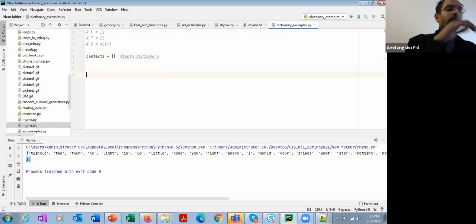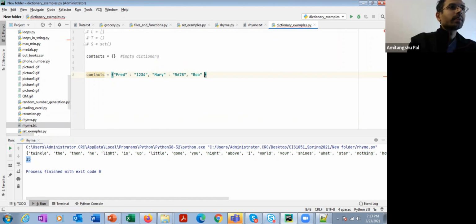Okay. Now let's store some key value pairs inside my contacts. So contacts equal to, as I said, within the curly braces, I can store my key value pairs. Let's add some friend's name, separated by a colon, and his contact is, say, 1234. Suppose this is an extension. Mary, her contact is, say, 5678.